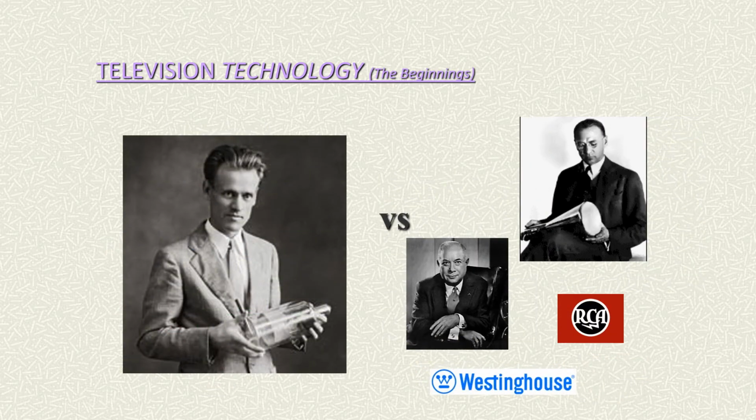This, of course, sets up a conflict between Farnsworth and RCA and Westinghouse with Zworykin and Sarnoff. RCA, of course, argues that Farnsworth has stolen the technology, used their technology in his patent, and of course Farnsworth countersues, saying that no, he was the first one to come up with this technology, and his patent should be solely owned by him, and that Zworykin and RCA are infringing upon his patent rights. What happened was in the trial,